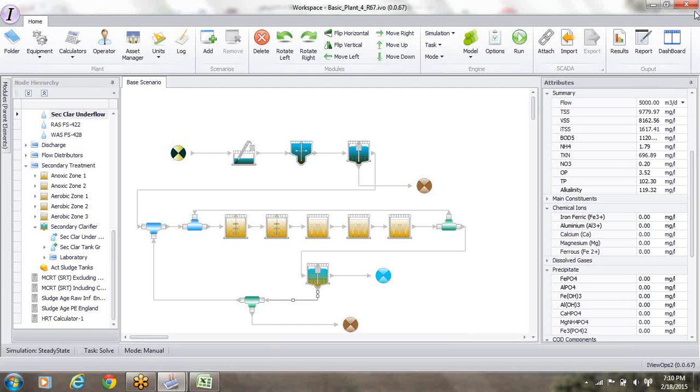So let's stop the basic video here for the plant, for the services. So this is video services 1. We will cover dynamic simulation in